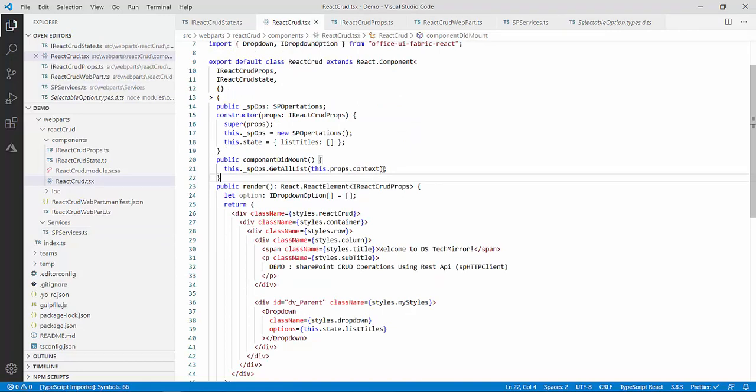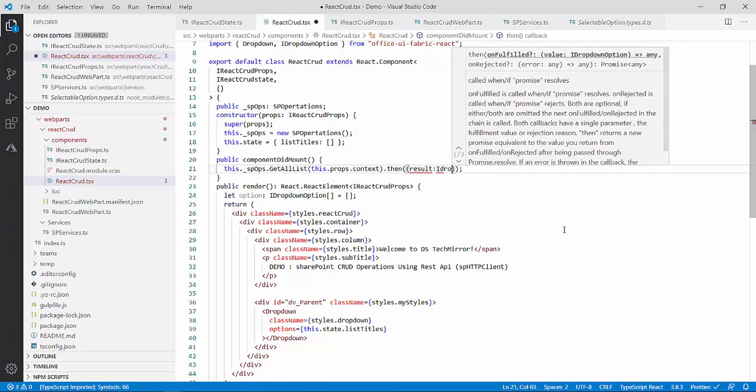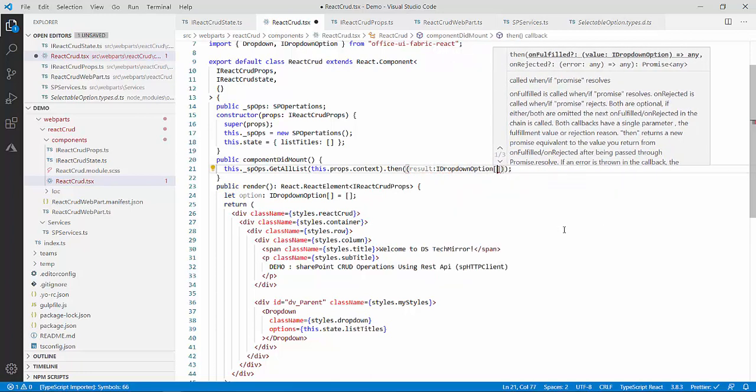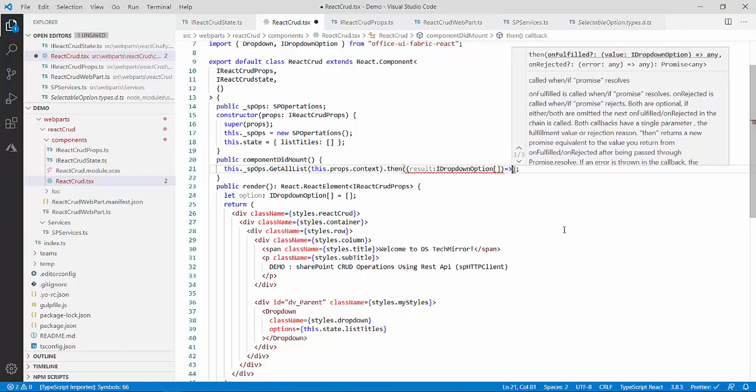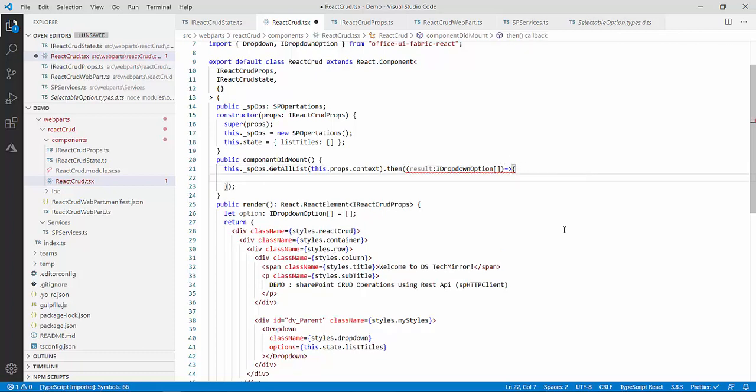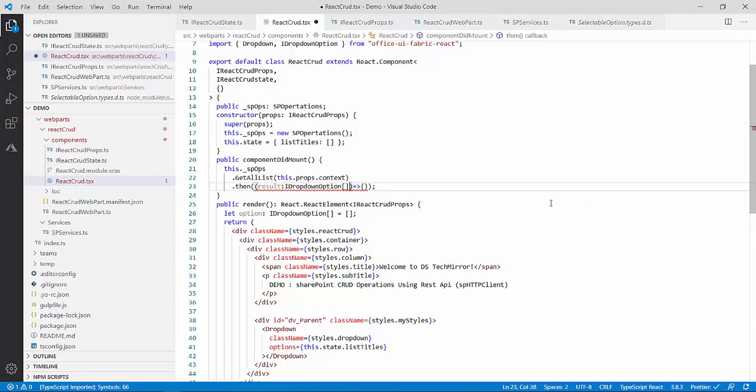Once it receives the result, again the same way we were doing, I'm getting my result will be of type IDropdownOption. Definitely this time it will be of type array, then arrow function arrow, these are the syntax. Okay, I'm getting an error if I delete over here.